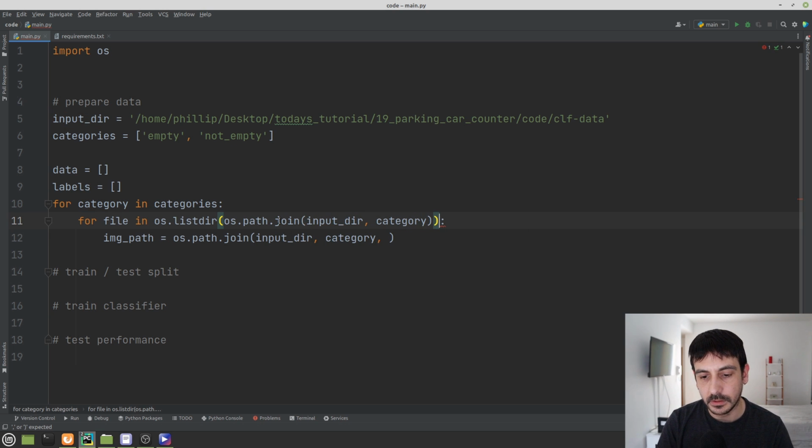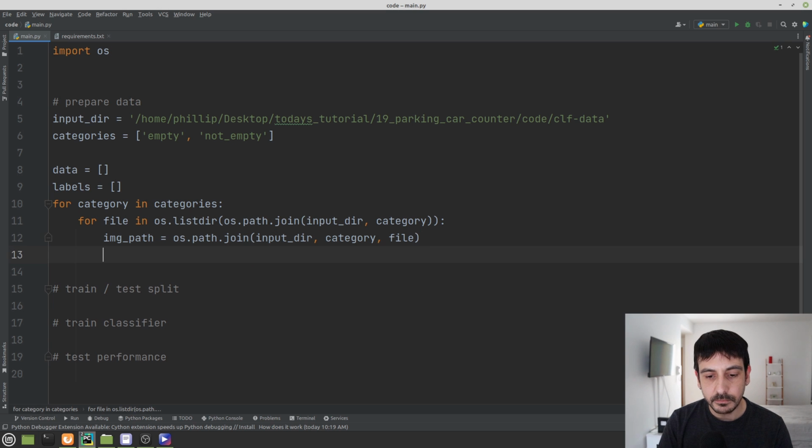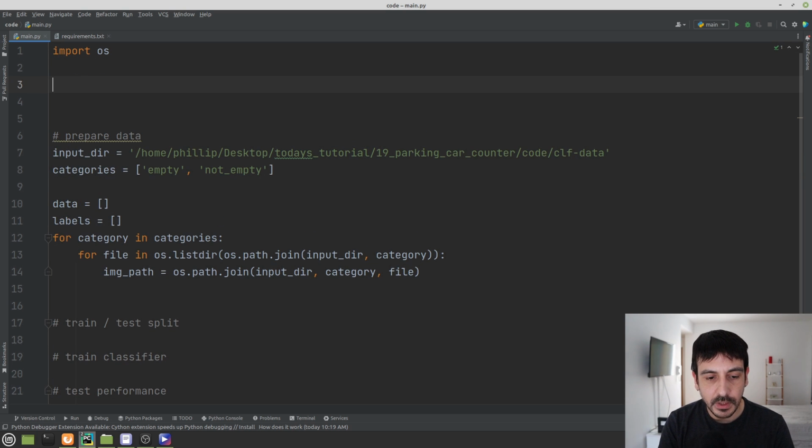Something like this. Okay, image path join input dir category, and then file. And then we have defined exactly what's the location of our images. Now the only thing we need to do is to read our images and to save our images into this list. So in order to read our images, I am going to import